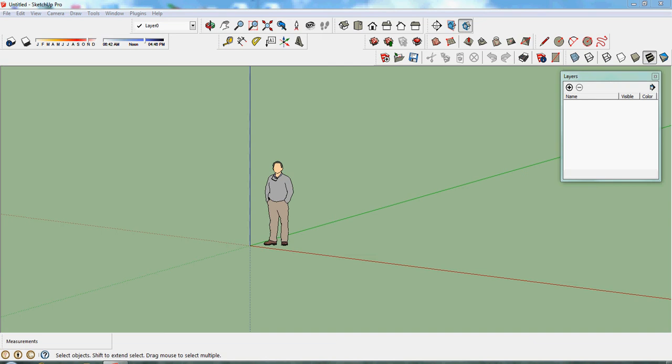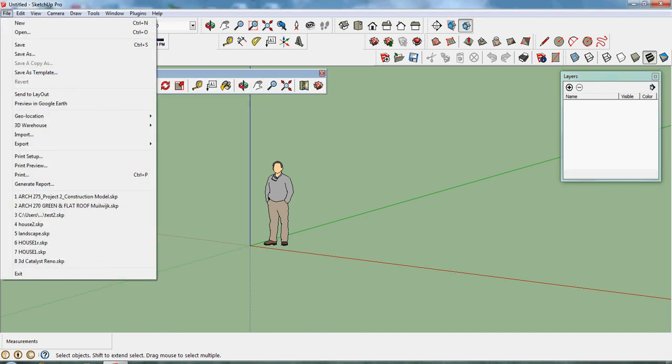Welcome into the lesson on how to import AutoCAD drawings of a house into SketchUp and to create a 3D model. In the previous class, the AutoCAD file was stripped down of all its dimensions and its text, and put on just one layer, layer 0. In some cases, depending on what SketchUp you use, you may have to save it as a 2007 version. In this case, the drawing is ready, so I'm going to go into the File,